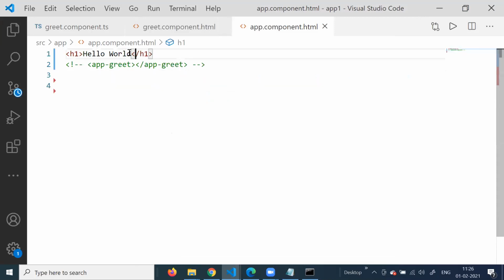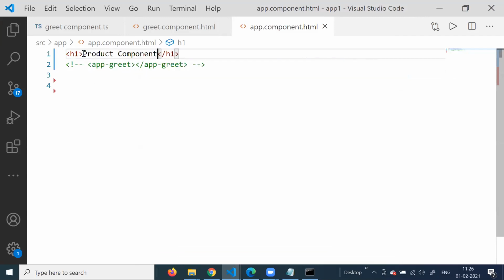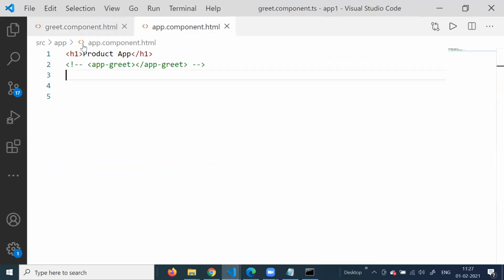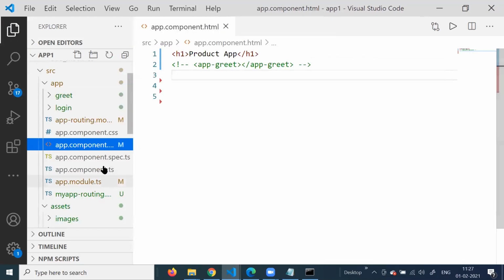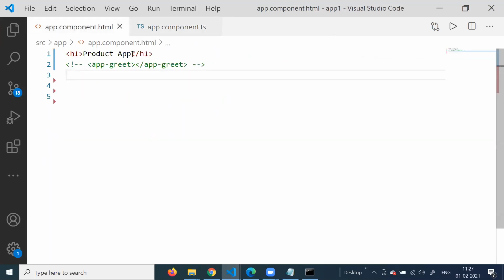So here I'm going to say product app. So let's say that right here in our app.component.ts, and instead of hard coding that, here we can say